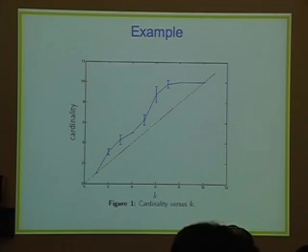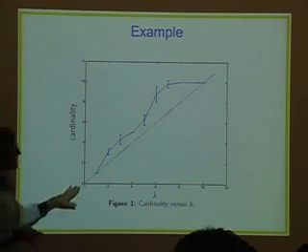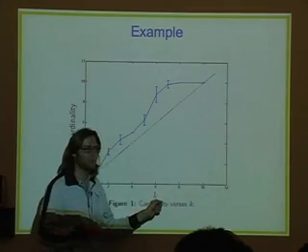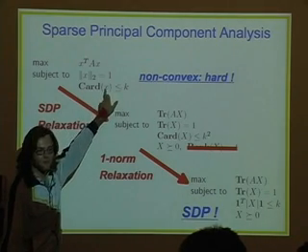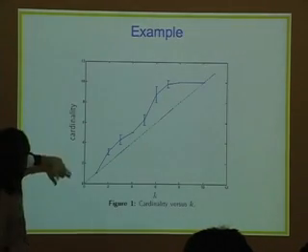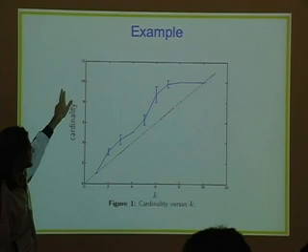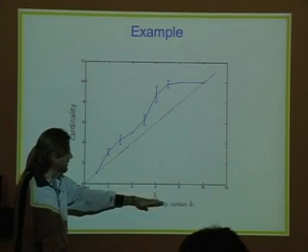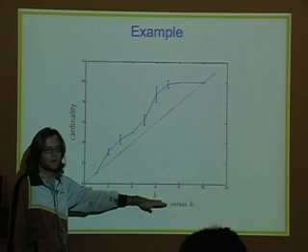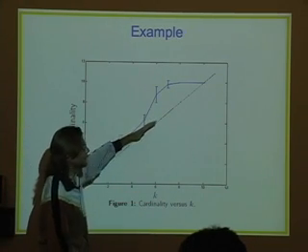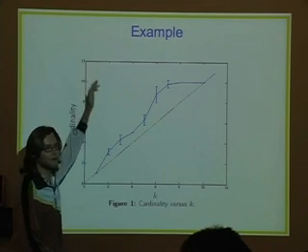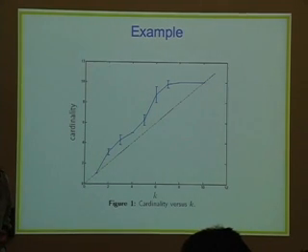So basically, this is just an example showing how the approximation approximates the real problem. The horizontal axis here is this k value that we put into the optimization problem to constrain the cardinality of our principal component, okay? And what's plotted here on the y-axis is the true cardinality of the solution. Obviously, we want the true cardinality to be at most equal to this value of k here. But since this is an approximation, it's never going to happen exactly. And so what we see is that this line is still pretty close to the diagonal line, which would be the optimal. It's not jumping all the way up here. So it seems the approximation is actually behaving pretty well.